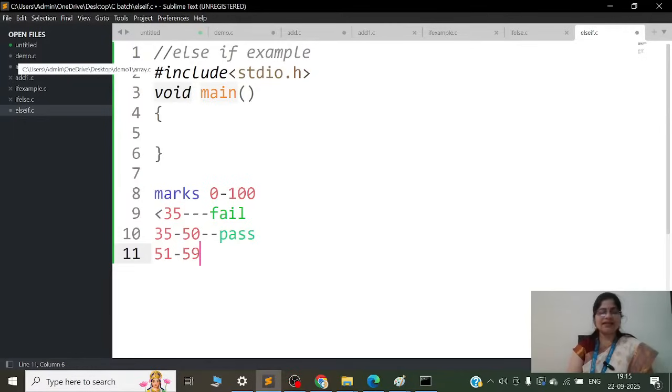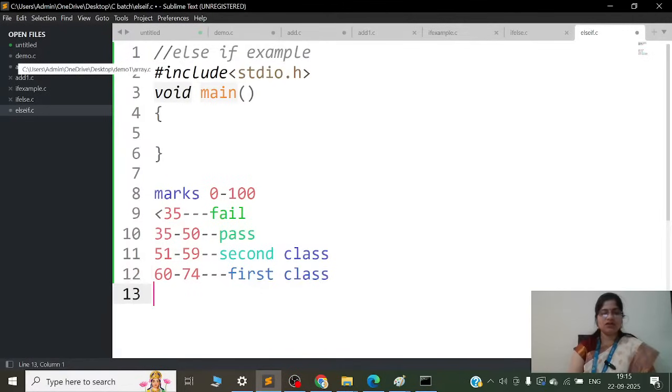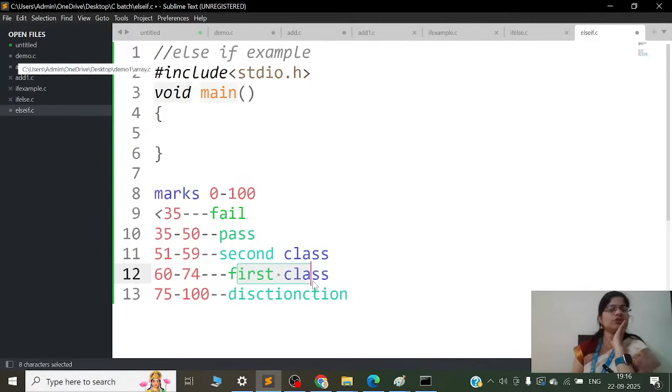51 to 59 के रेंज में मार्क्स है तो रिजल्ट आना चाहिए सेकेंड क्लास. ठीक है. 60 to 74 के रेंज में मार्क्स है तो रिजल्ट आना चाहिए फर्स्ट क्लास. 75 प्लस अगर मार्क्स है, 75 till 100 के रेंज में अगर मार्क्स है तो रिजल्ट आना चाहिए डिस्टिंक्शन. सो ये मल्टीपल कंडीशन है. देखो, इस रेंज में मार्क्स है तो ये रिजल्ट आना चाहिए, इस रेंज में मार्क्स है तो ये रिजल्ट आना चाहिए. तो मल्टीपल कंडीशंस जहां पे होते हैं वी कैन टेक हेल्प ऑफ इफ एल्स इफ लैडर. ओके. सो सी,